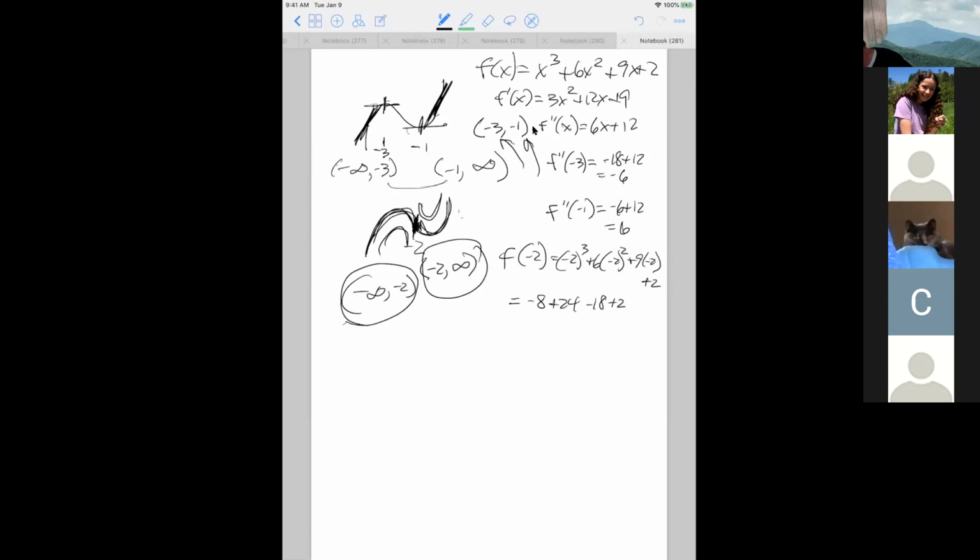-2 is the point of inflection. Oh, because is the answer 0? It is. Oh, it is 0. And in this case, it turns out to be 0. So that is correct. So you do get 0. Everybody okay with that? So yes, the point of inflection turned out to be